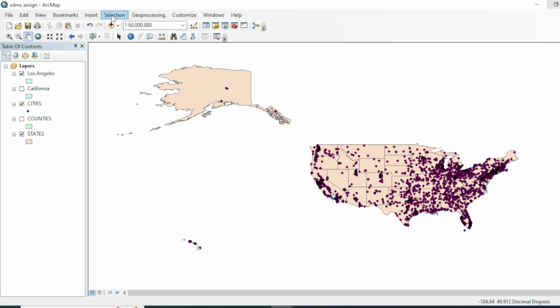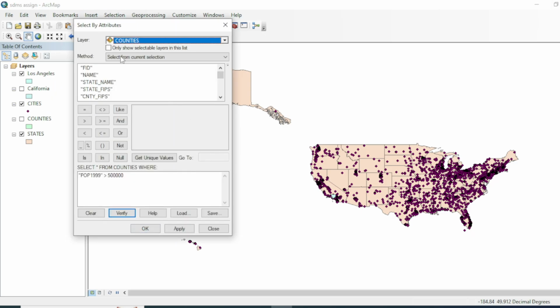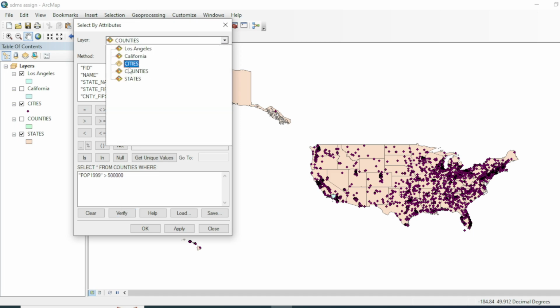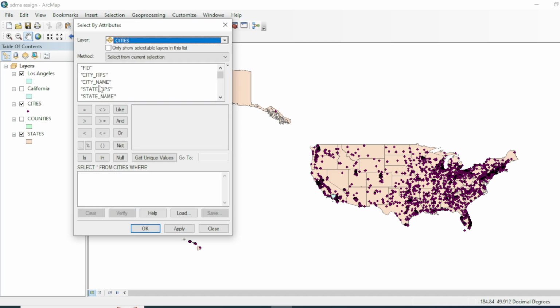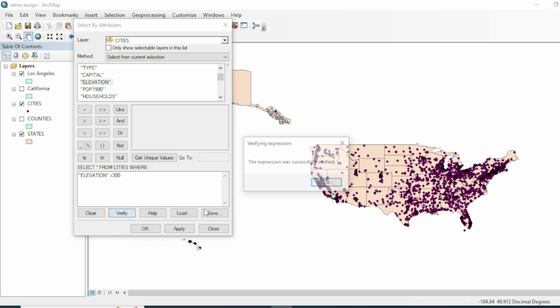So we will make a select query over here. Make sure to select the correct layer, and now select all from cities where elevations are greater than 300 or 299